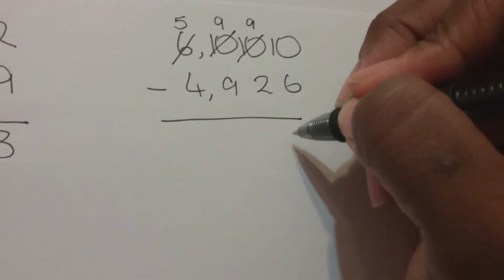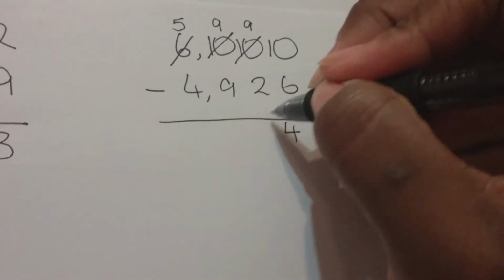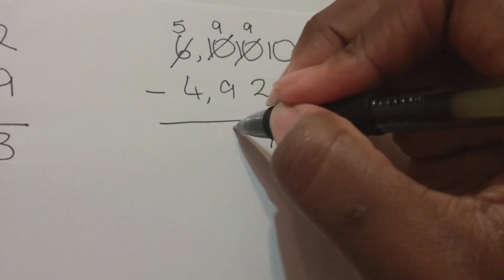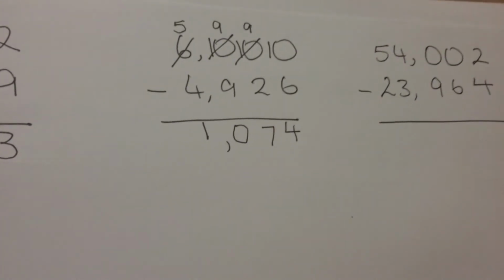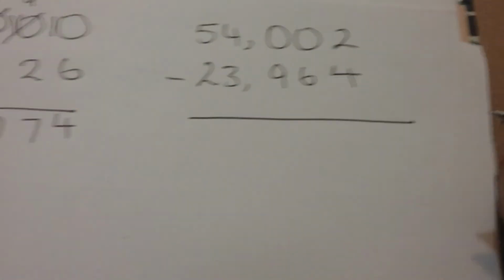So now I have 10 take away 6, it's 4. 9 take away 2, 7. 9 take away 9, 0. 5 take away 4, 1. 1,074. And our last example,